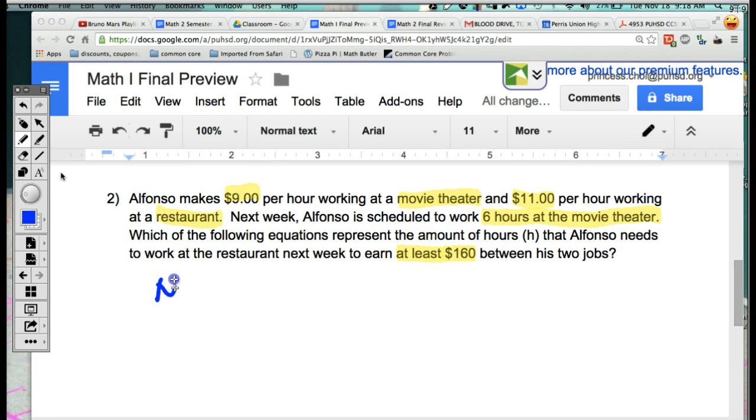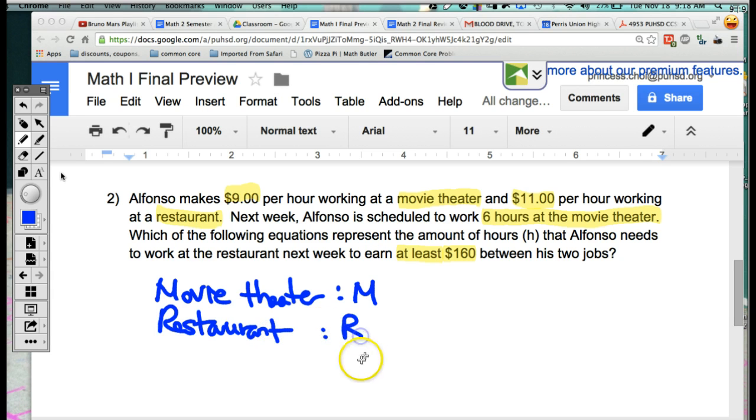I'm gonna say movie theater. Okay, the money that he makes at the movie theater is going to be M. And then I'm going to say that the money that he makes at the restaurant is going to be R. So next week, Alfonso is scheduled to work 6 hours at the movie theater. Okay, and how much money does he have to make? He has to make at least $160. You know what that means? I'm going to put 160, and he has to make at least 160 means equal to or more than that. So whatever amount he makes, it has to be equal to or more than